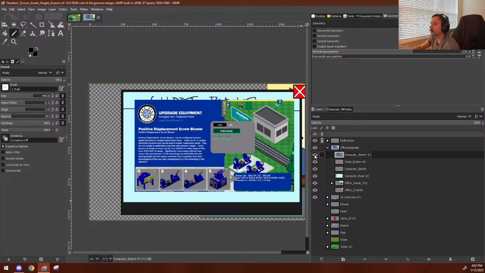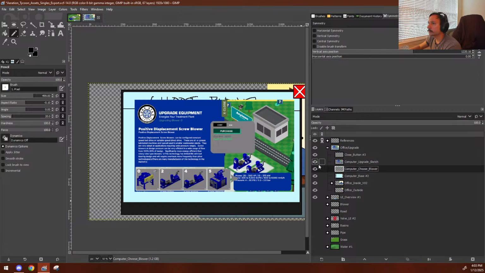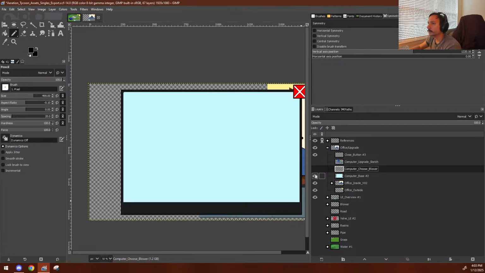Okay, so this is the computer sketch, this is the computer details, or upgrade sketch. This is my close button, this goes on to everything. This is the computer choose blower, okay. Computer base, so it's my computer base, my close button,